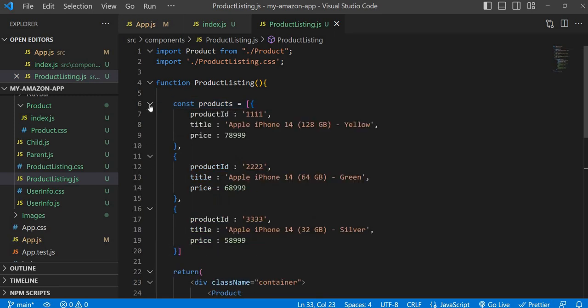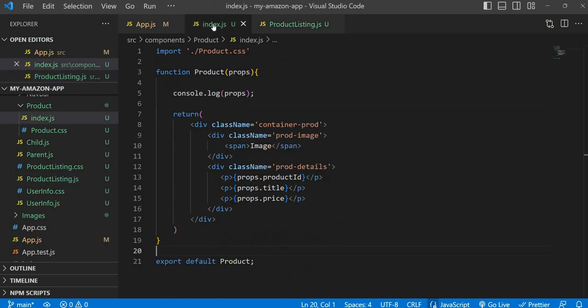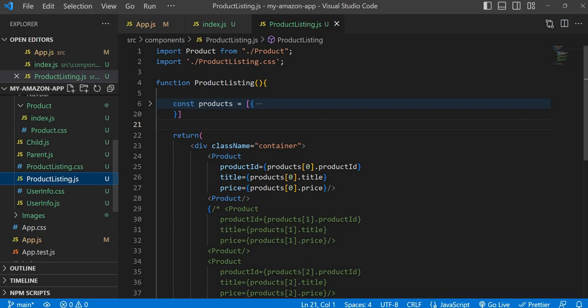Maybe that is due to some CSS also, maybe. Else. CSS, no. Raghu, in product listing, can you check the tag product after that product